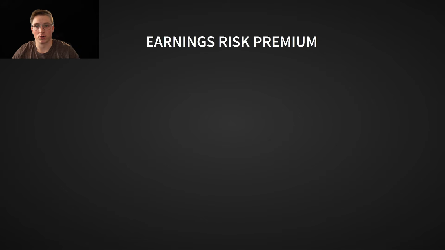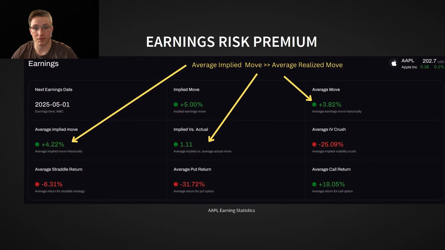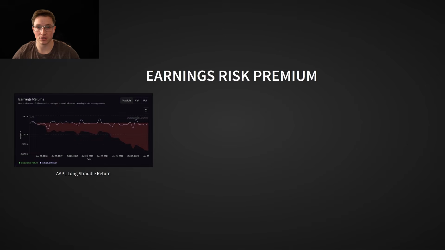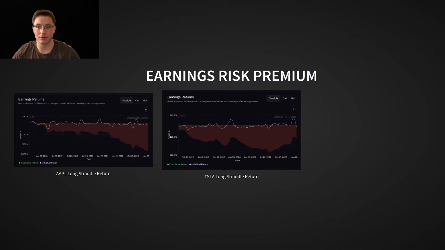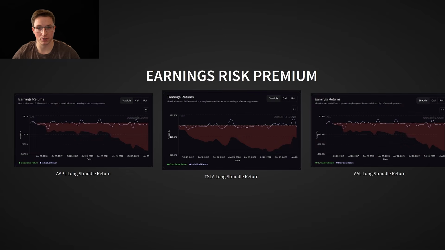There are other risk premia worth noting as well. For example, the earnings event premium, which I backtested in a previous video. The idea is simple. Implied moves heading into earnings are often overstated. This is for a variety of reasons, and if you're curious why, make sure you go watch that video after you're done with this one. On the dashboard here, you'll see that cumulative straddle returns across many tickers are consistently negative. That means if you had sold those straddles, you would have profited over time. And the beauty is, you can skip the ones that don't show a clear edge and consistent overpricing.